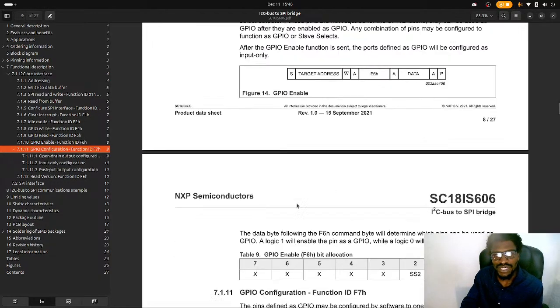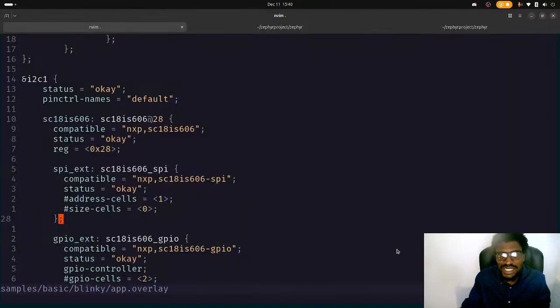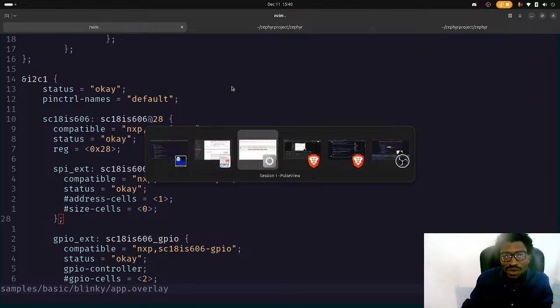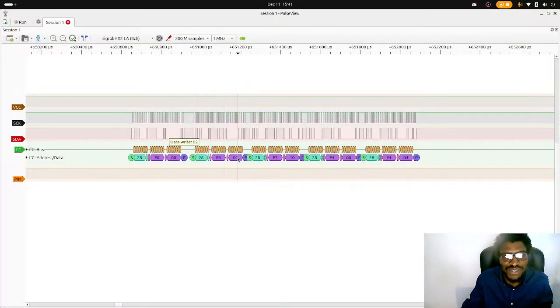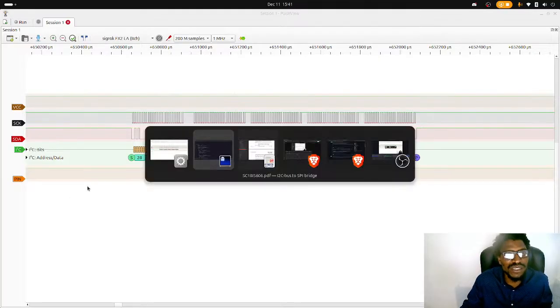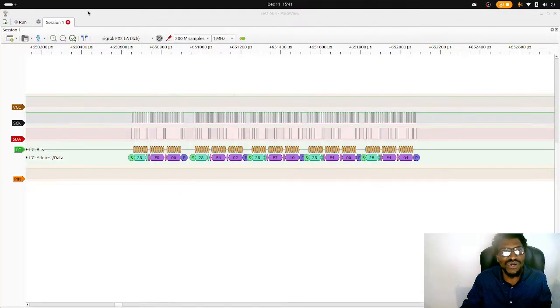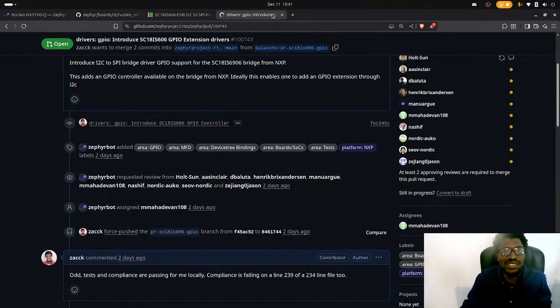Okay, so the data byte following the F6H command will determine which pins can be controlled as a GPIO. A logic 1 will enable the pin as a GPIO, while a logic 0 will disable GPIO control. So what is it that we're sending here? We're sending F602. Well, let's use an online converter so that we can see